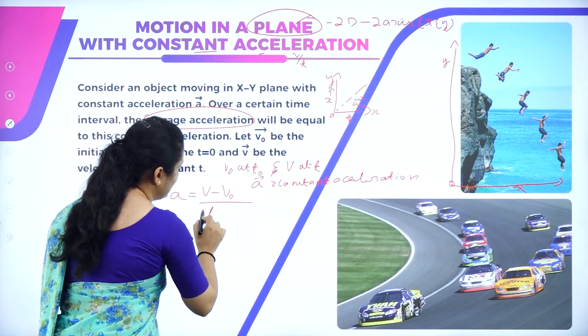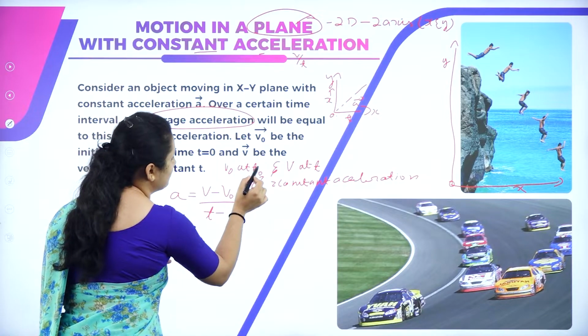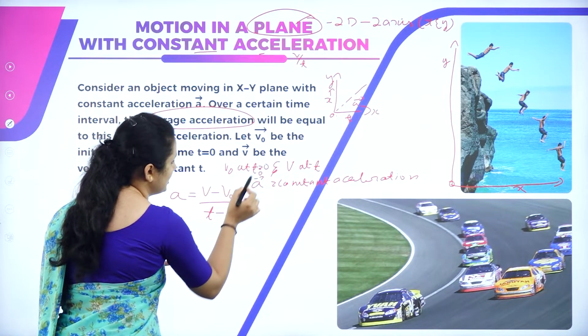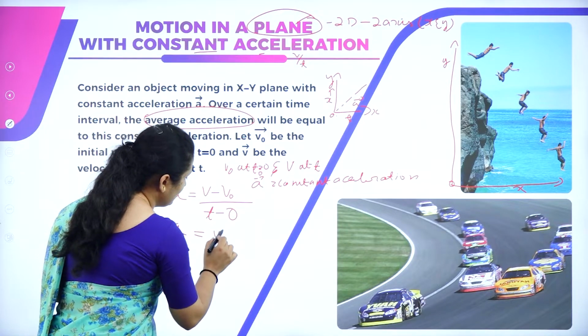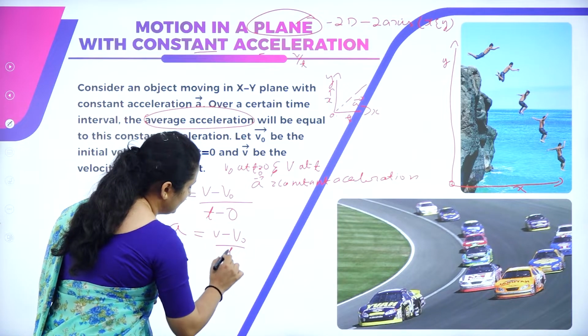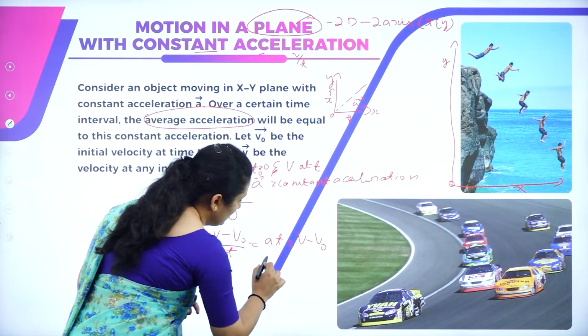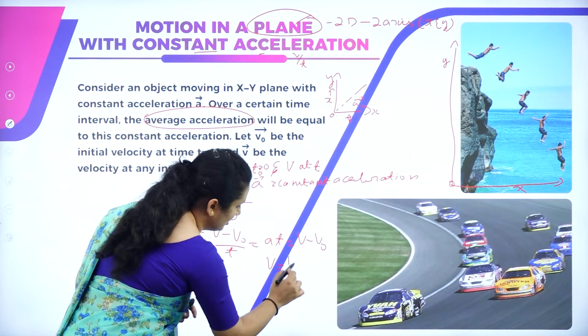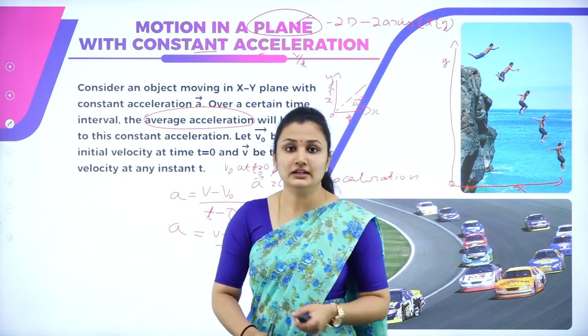Final time is t, minus the initial time, which is 0. This is the time at the start, with velocity v0. Time is equal to 0. So you'll get a is equal to v minus v0 by t. So this will be at is equal to v minus v0. Shifting the term, v is equal to v0 plus at. Now let